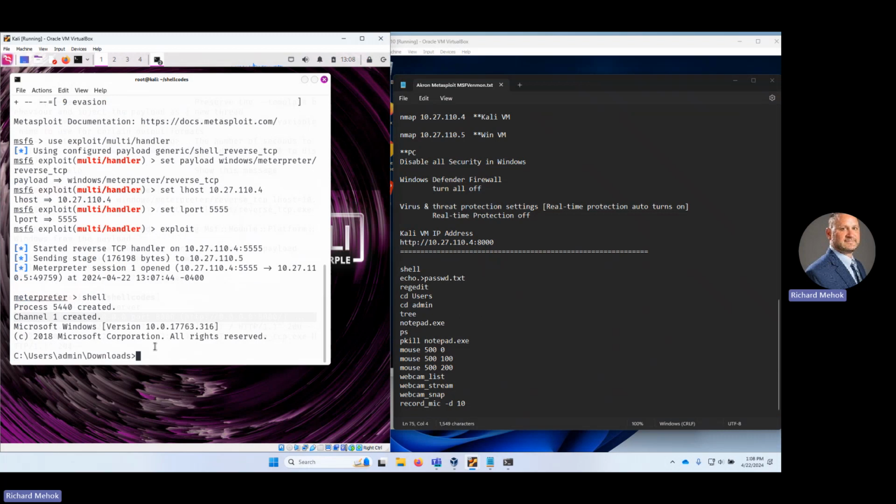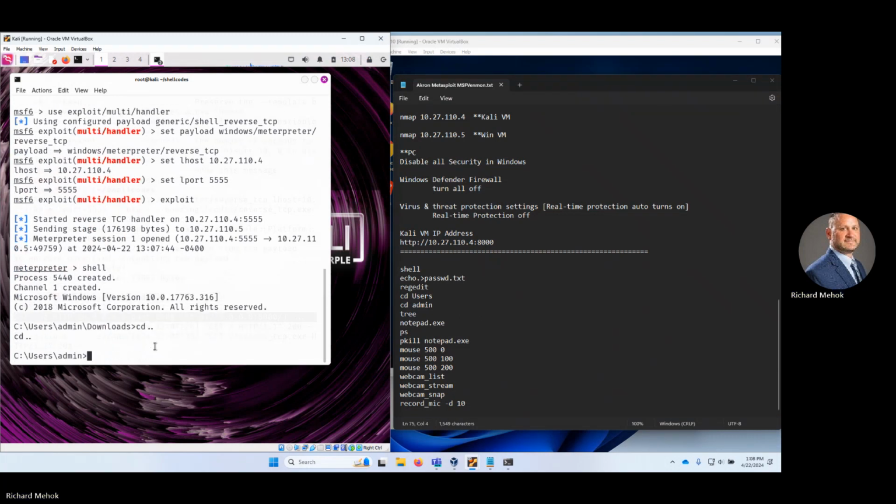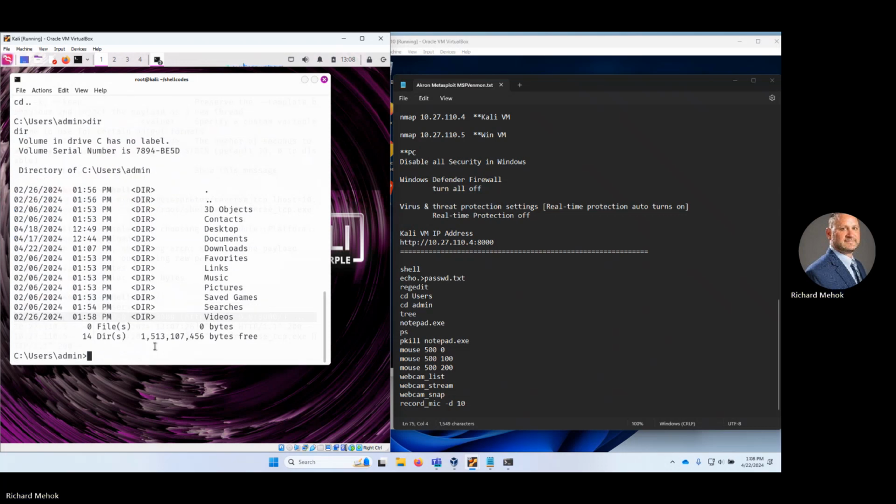Now I'm in the actual machine. So cd .. dir. See, we're in command prompt right now. All right, so let's go ahead and put a file on the desktop. So cd desktop